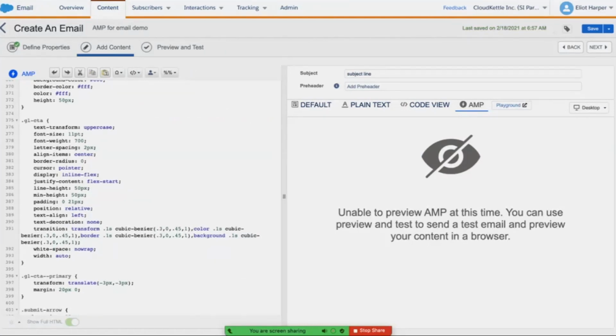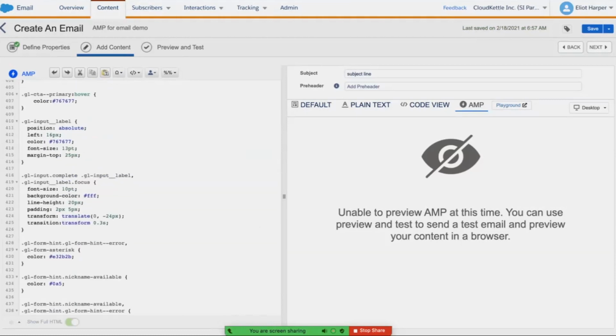I don't believe it's on the roadmap yet. It's certainly one of the things they're interested in exploring, to be able to do this more declaratively. But it's very challenging to accommodate every single use case. I would like to see Salesforce create a library of AMP email boilerplate templates that you can copy and paste and adapt to quickly get started. If you are looking at quickly getting started, there are some templates that you can run with.